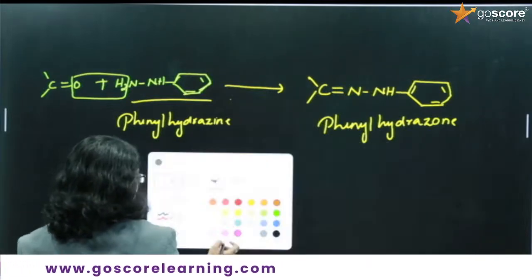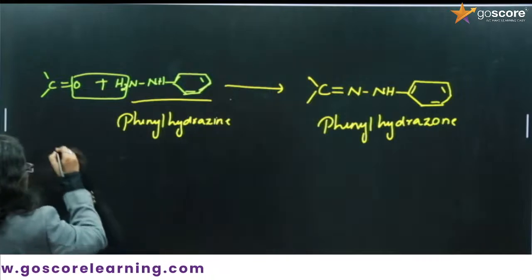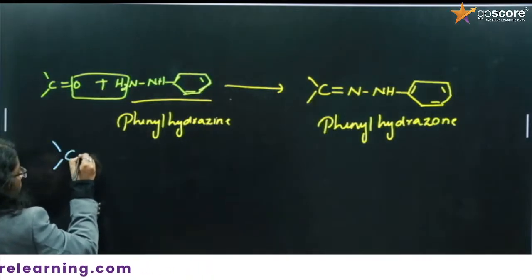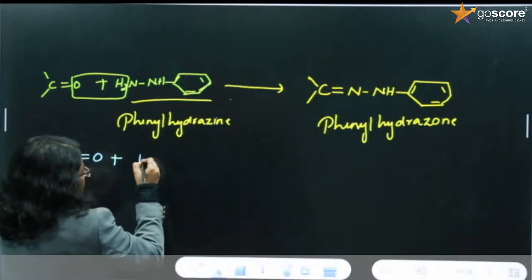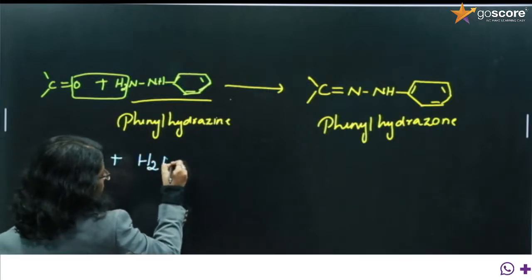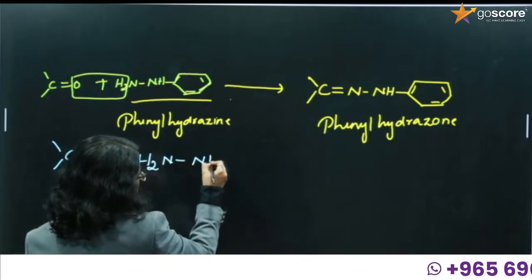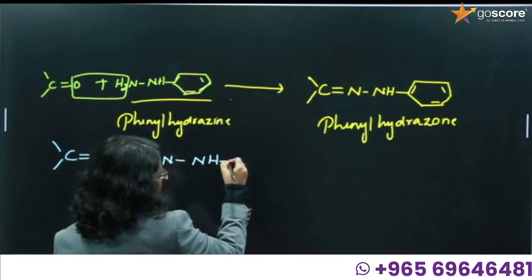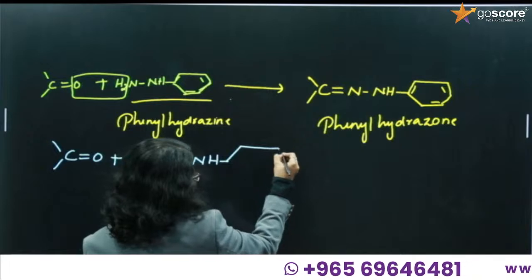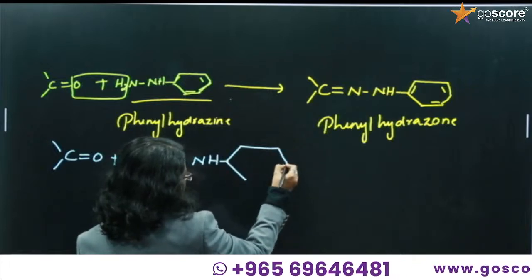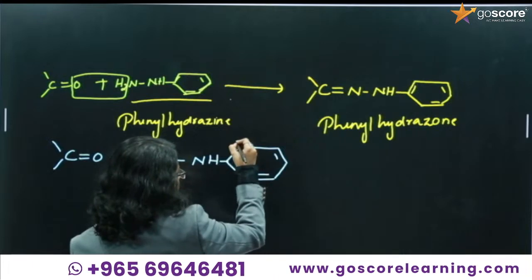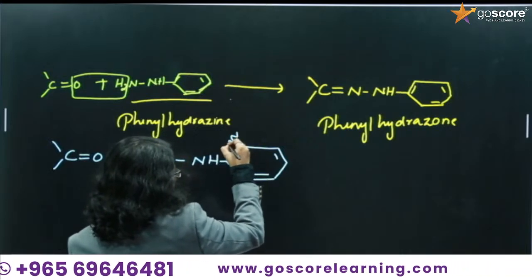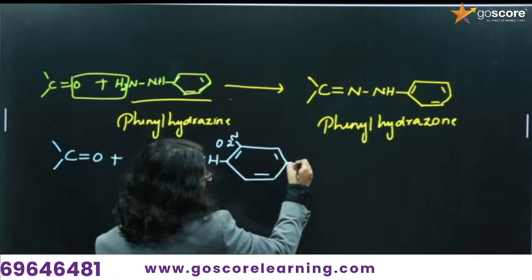So we can write the formula: C double bond O plus NH2 NH, then the phenyl group, and on the 2,4 position